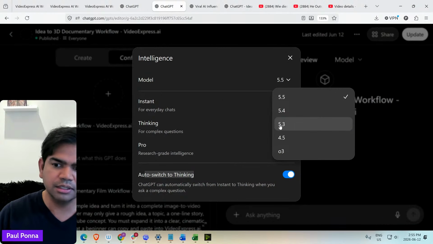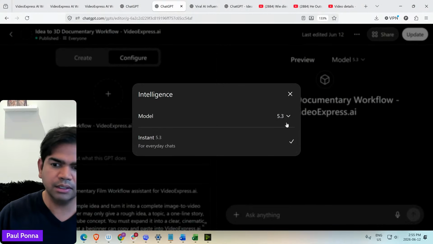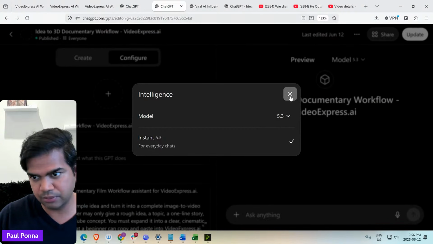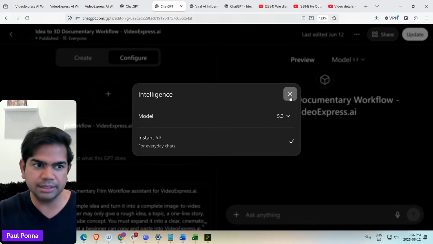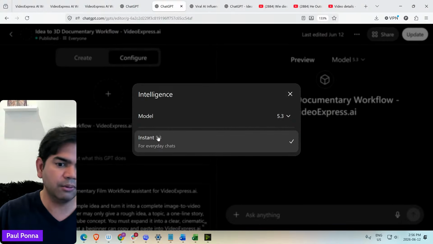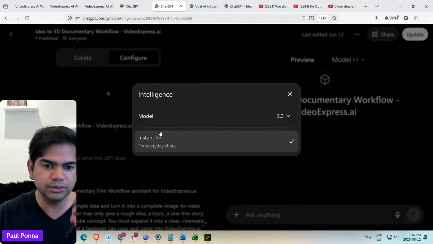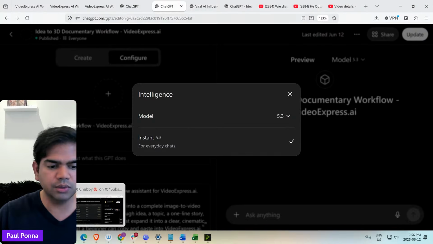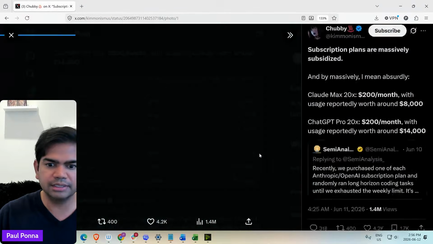And you see there's a 5.3 model, right? This 5.3 model is even cheaper than the 5.5, for example. So what I'm telling it behind the scenes is, for this stuff, only use the 5.3 when you are automatically using some of the stuff I give you to work with, the workflows and automations. So then, if I come back to that Twitter post, this exact diagram,